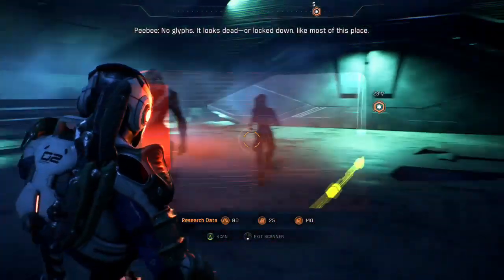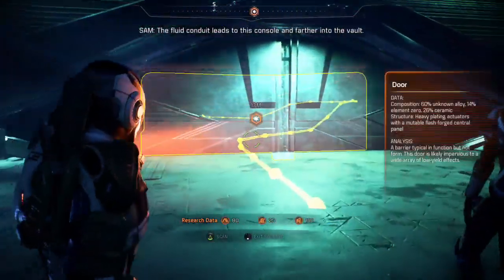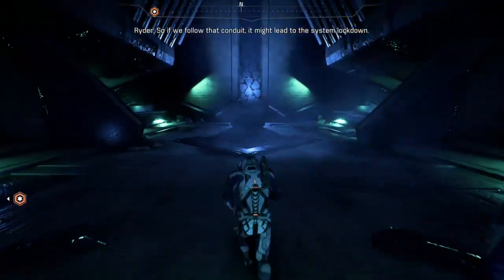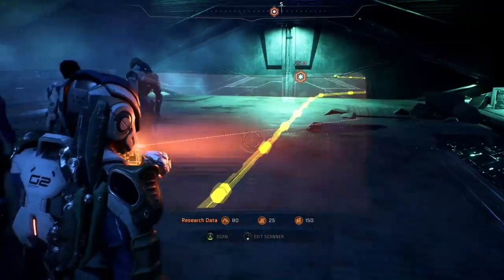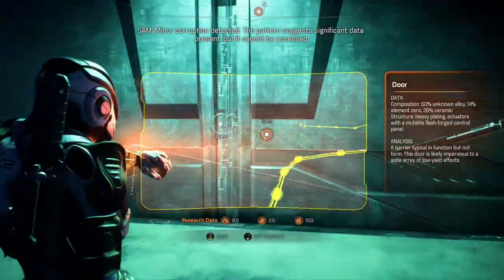No glyphs. It looks dead. Or locked down, like most of this place. The fluid conduit leads to this console and further into the vault. So if we follow that conduit, it might lead to the system lockdown. Minor corruption detected. The pattern suggests significant data present, but it cannot be...